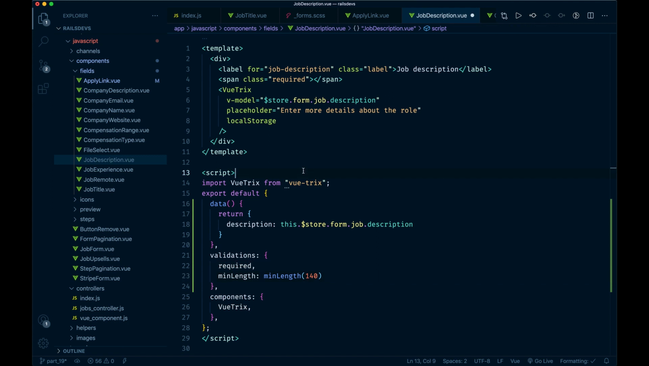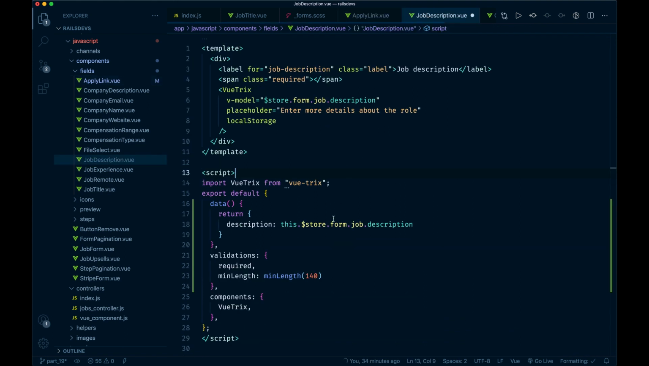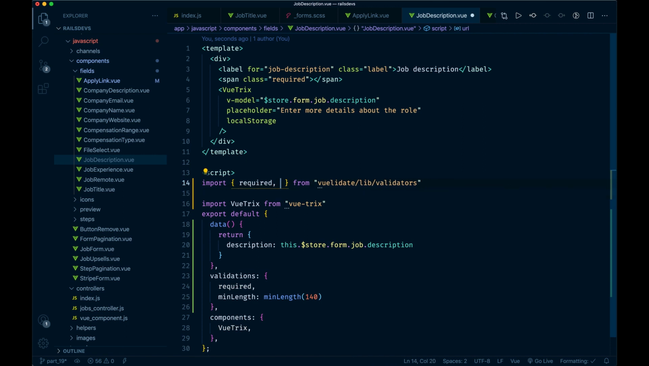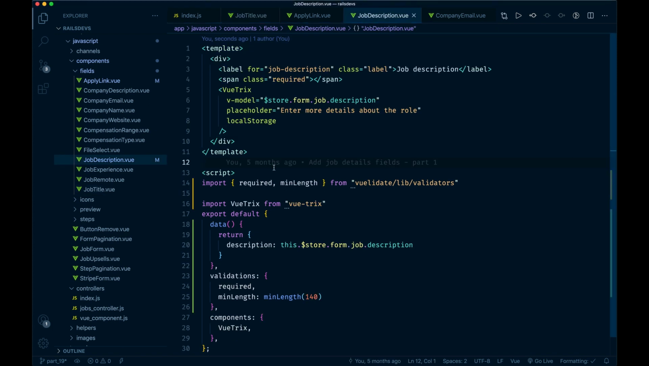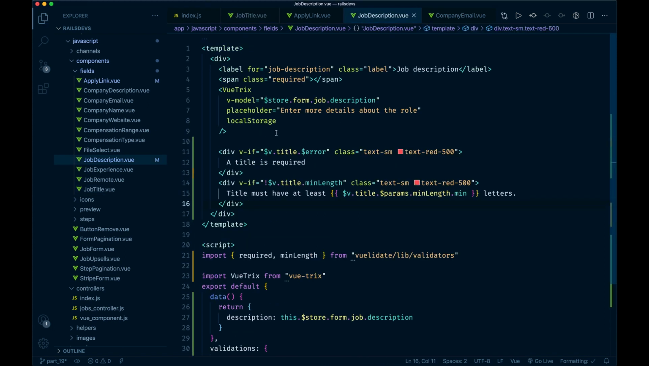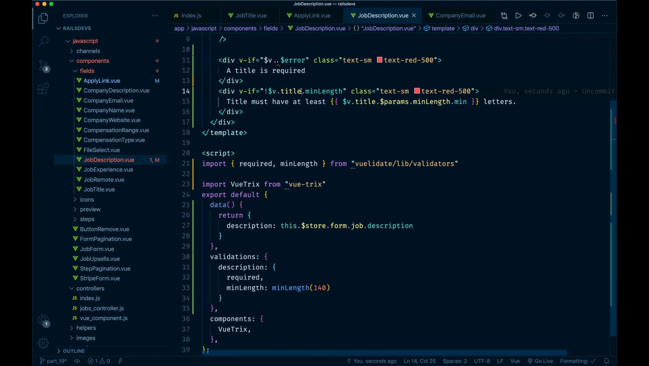And we need to import those two as validators. Pretty much mimic what we did with the title. Basically do this, put this below, and instead of title we'll say, I always forget this, description. There. Okay, so v.description